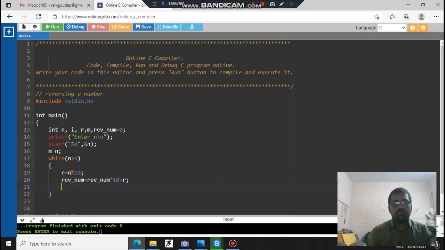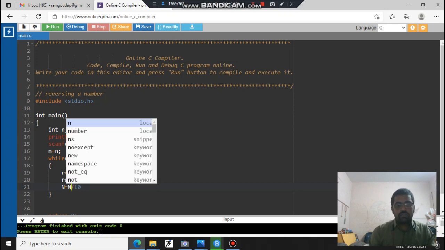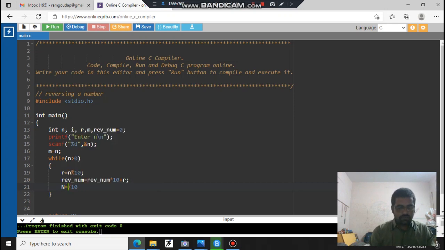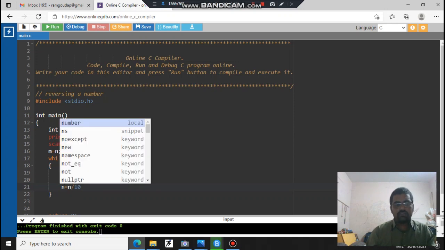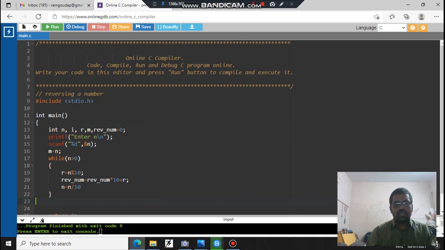So reverse number is equal to reverse number into 10 plus r, and n is equal to n divided by 10. So n should be now truncated to one less digit. Since I have declared small n, I will take it here, small n. Okay. After this,